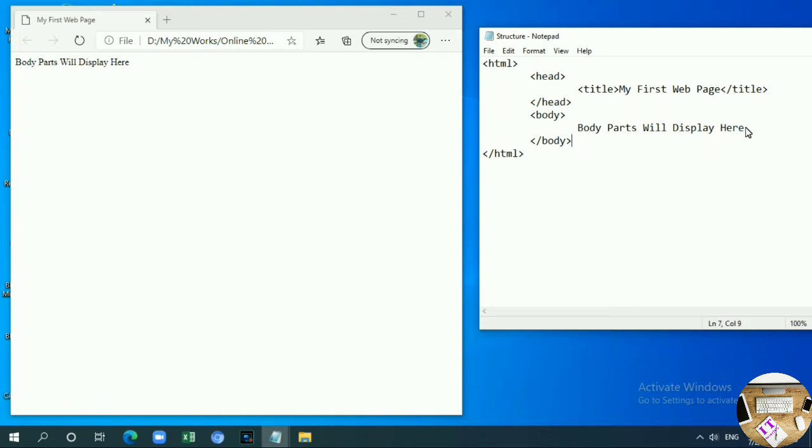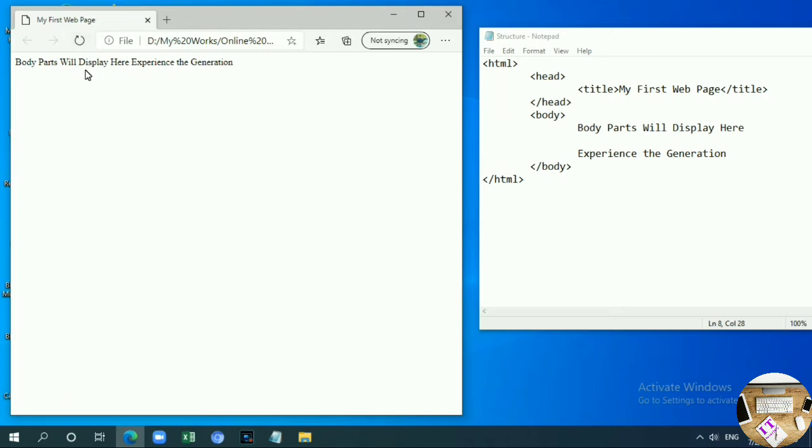Suppose I am going to type one more sentence here. Look, so, experience the generation. I typed here and I am saving with Ctrl+S. I saved, then I am coming here and clicking the refresh button.